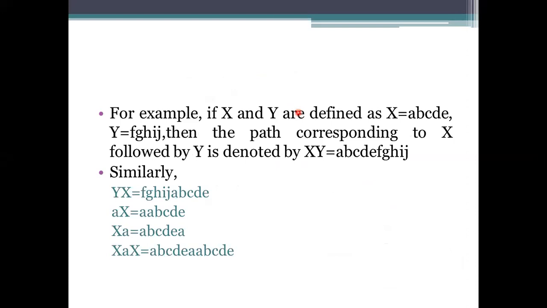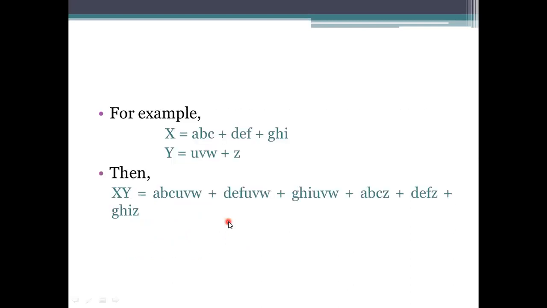How are we going to define the XY? The expression of that one is likewise multiplying the values of ABCD into FGH. So if we are taking the AX or XA notation, then what we need to do here is substitute the values of processing in that one. In this representation, this is the parallel representation of the paths that we are having.